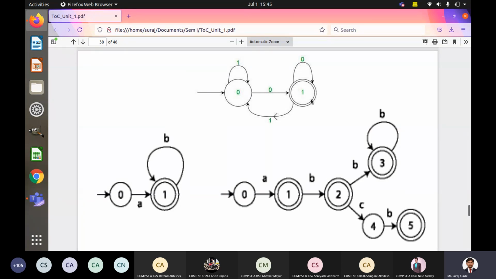So we will draw these diagrams. I will show how to draw the diagram. So this is the transition diagram. All these are transition diagrams. Circles are states. The lines or arcs represent transitions, and any alphabet written above a particular transition is called the input alphabet for the transition.